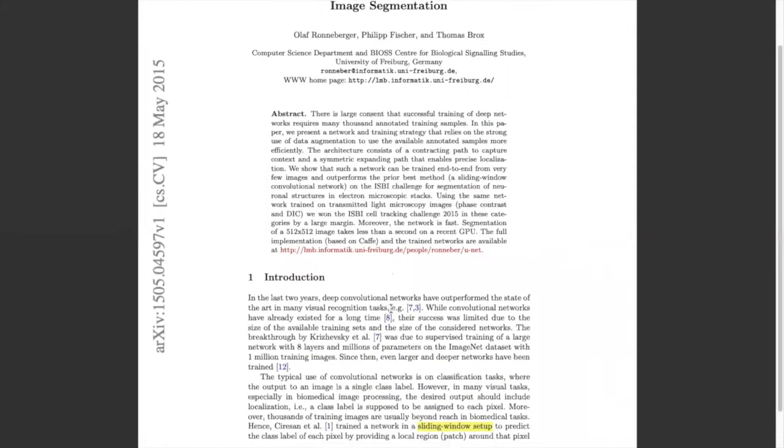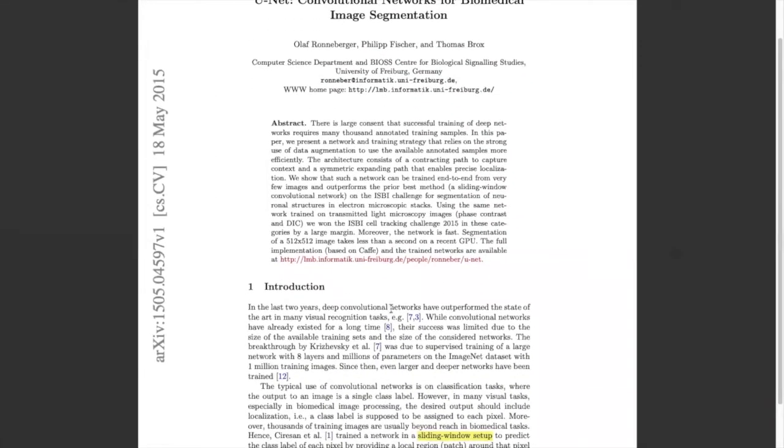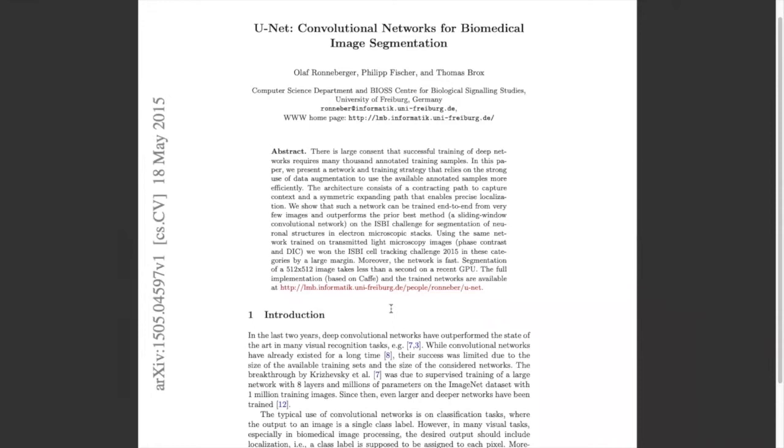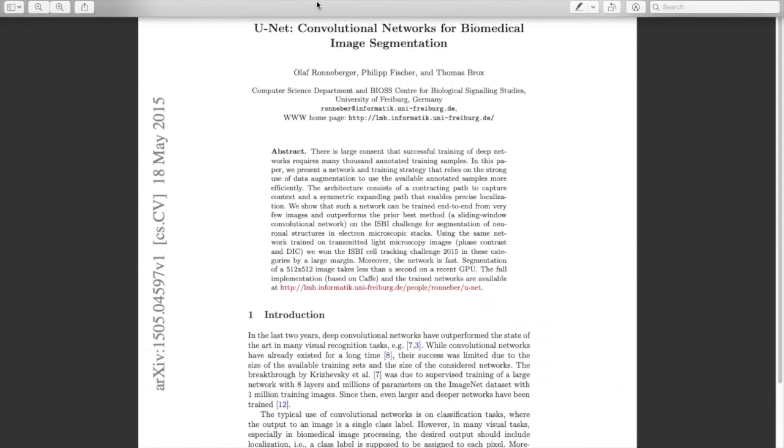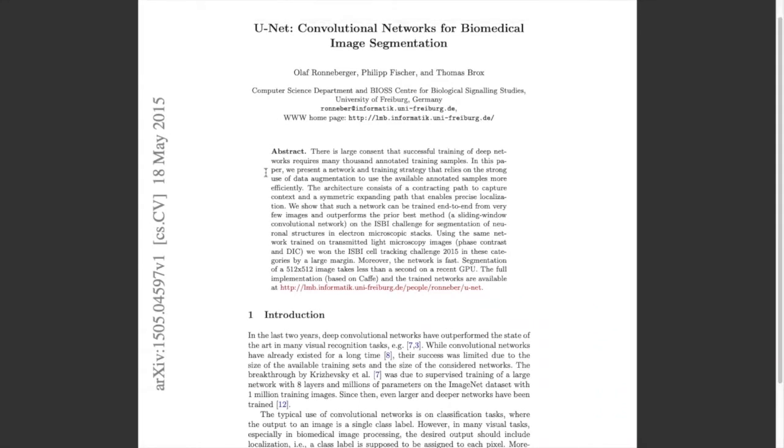All right, so let's get started. Today we're going to talk about UNet. It's a very powerful network. It was mainly designed for segmentation problems. So before we get started and touch base on the topic of UNet,